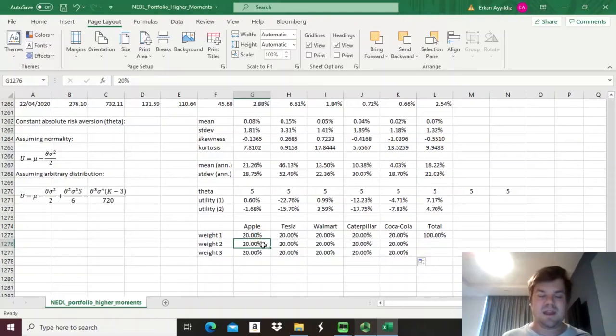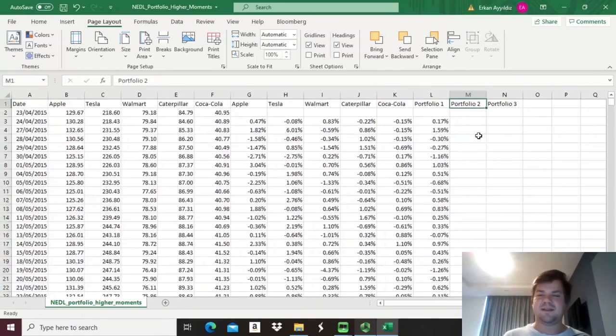You could start with any other baseline portfolio, it doesn't matter much, and check that the total capital allocation is equal to 100%. Then let's calculate return distributions of the portfolios